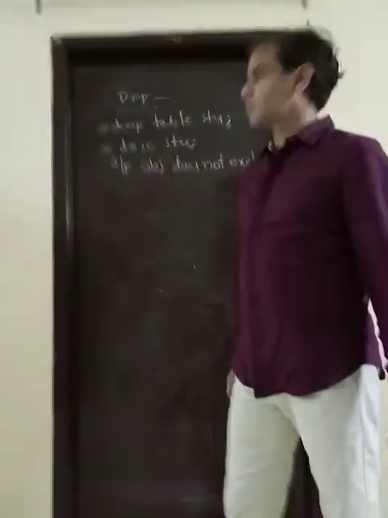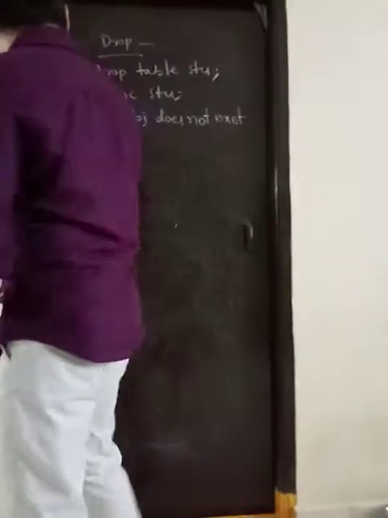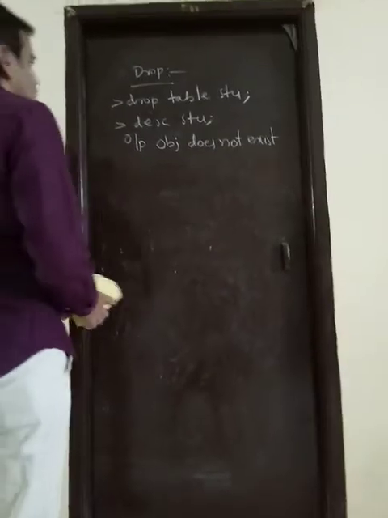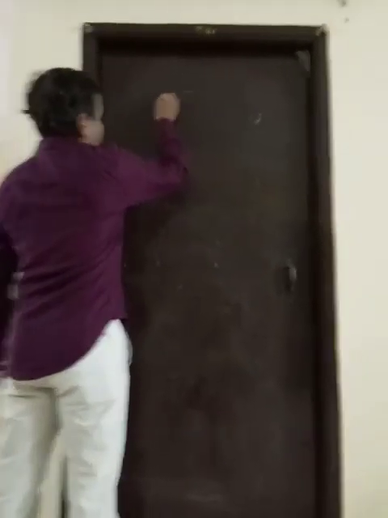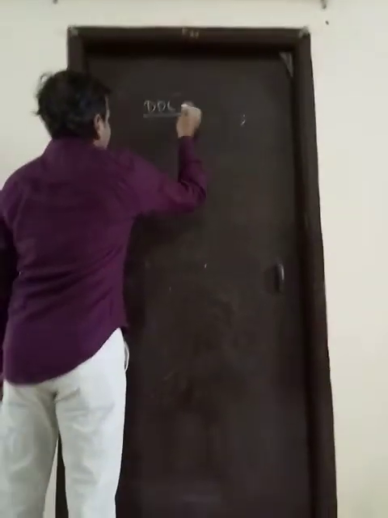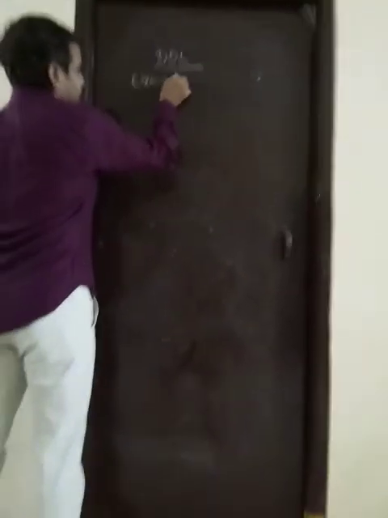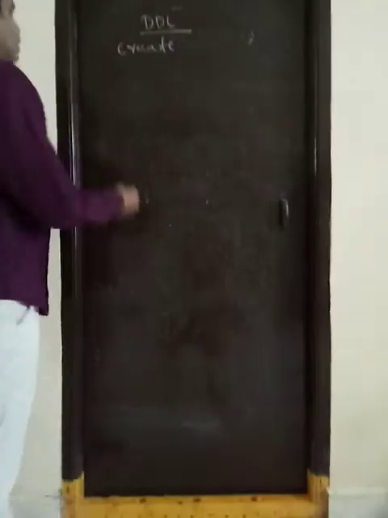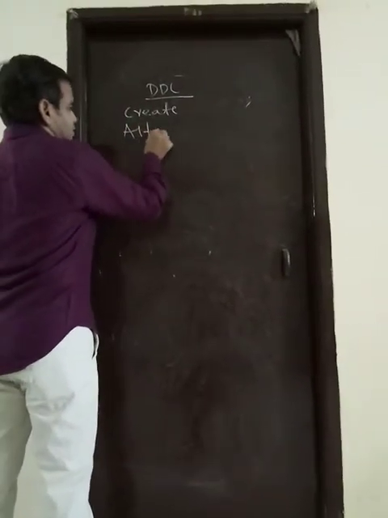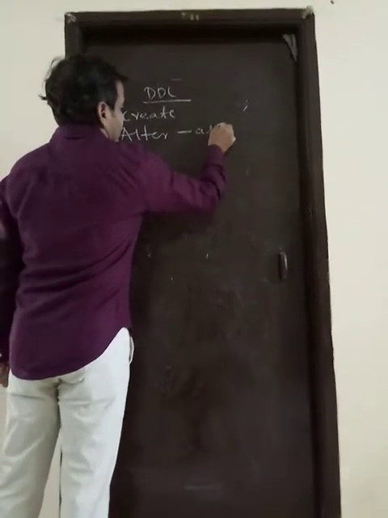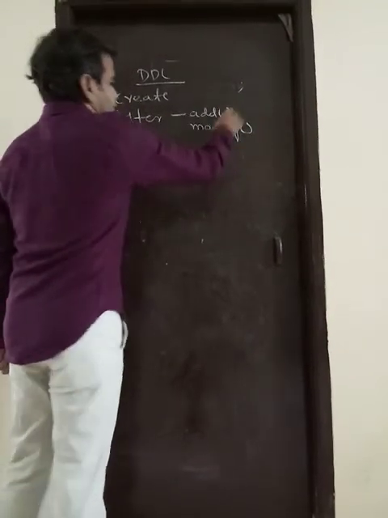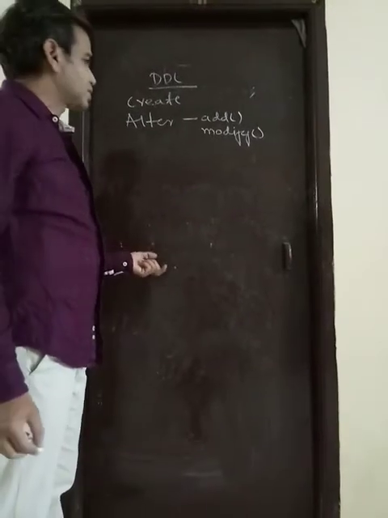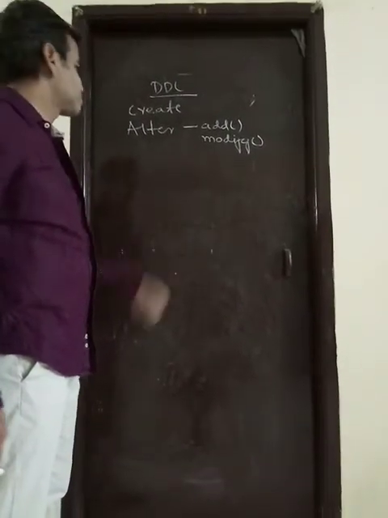Okay. So these are the DDL commands. Once we will revise. So what are the DDL commands? What we discussed: DDL commands are, first, create. Using the create command we can create the structure of a table. Then alter. Alter has two options: alter with add is the first one, alter with modify is the second one. Alter with add means we can add a new column to the current structure. Alter with modify, we can change the current column structure.